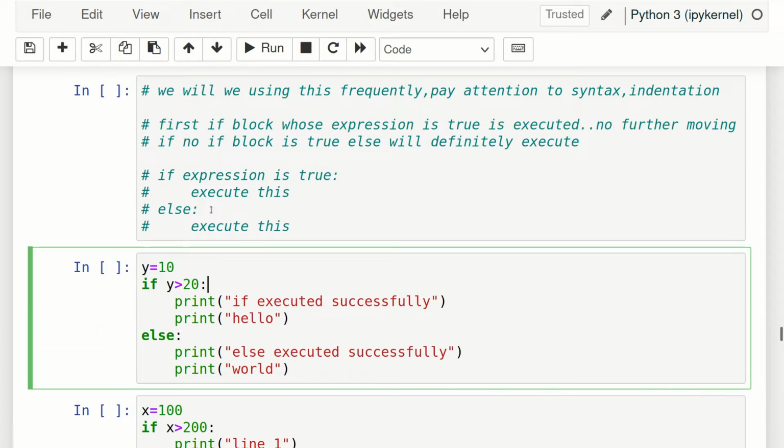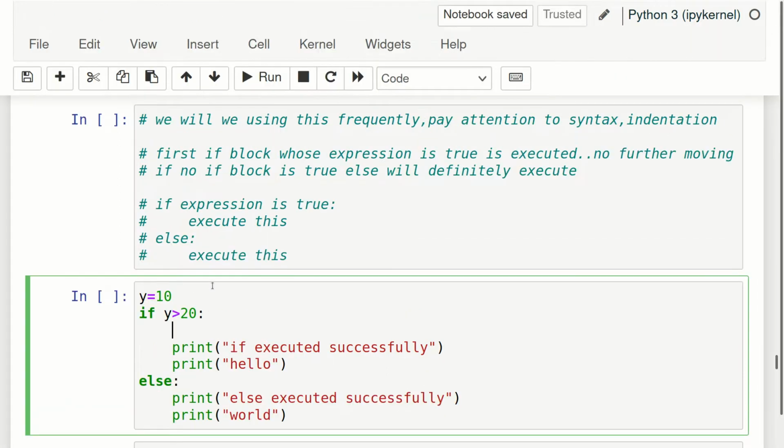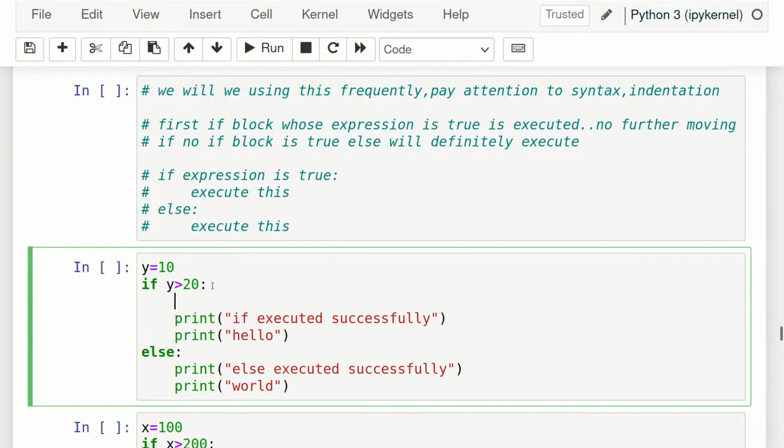So if else basically works like this. You just write if, then some expression or some condition, and then a colon. The moment you hit enter, we can see the cursor start blinking after giving an indentation. So it will give indentation itself, no need to worry.